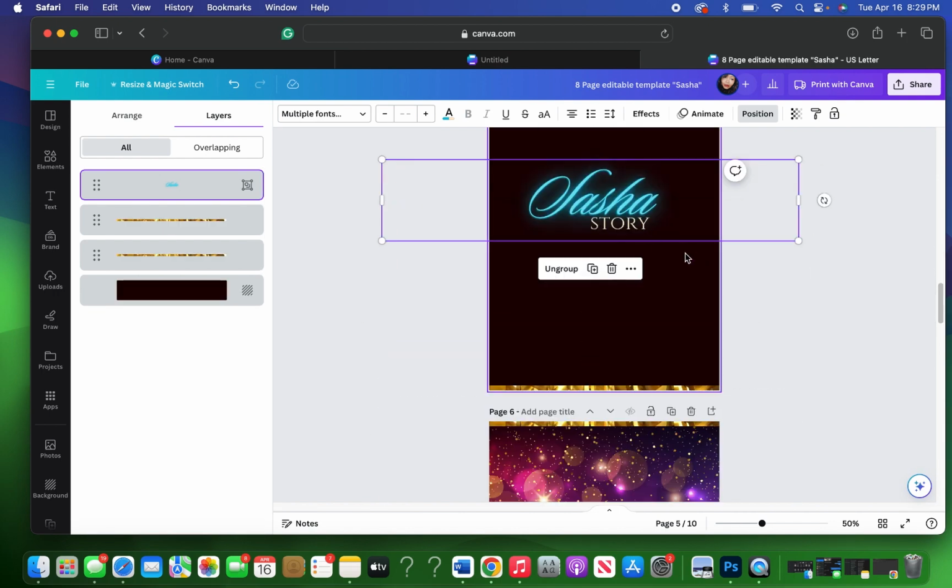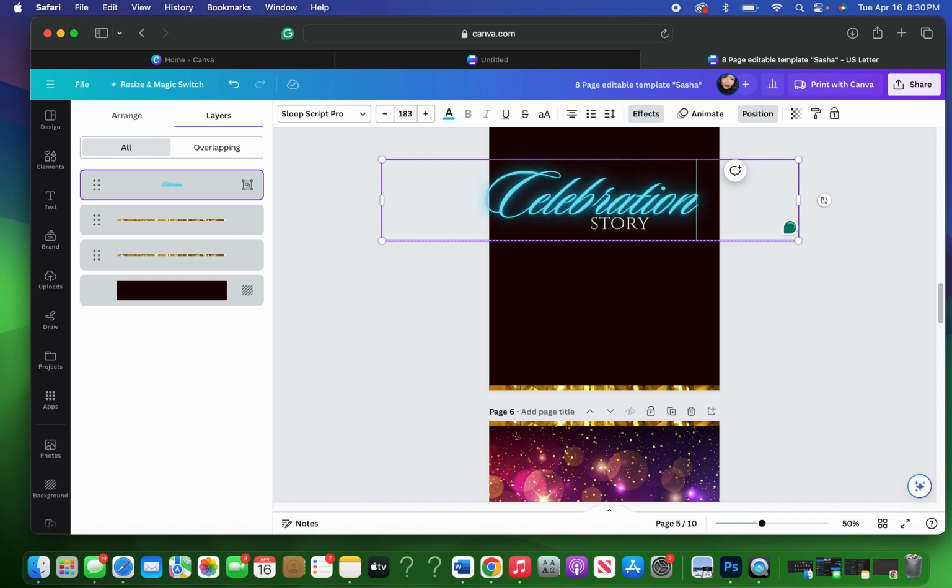All right, so since we're on the scratch page, let's leave it there. So where the name Sasha is highlighted in the blue, in the slope script font, and has the effect of the neon, let's just go ahead and highlight that, and we're going to change this to celebration. And then where it says story,